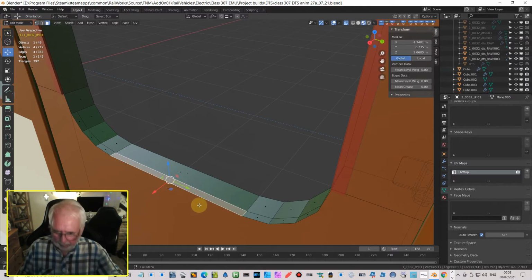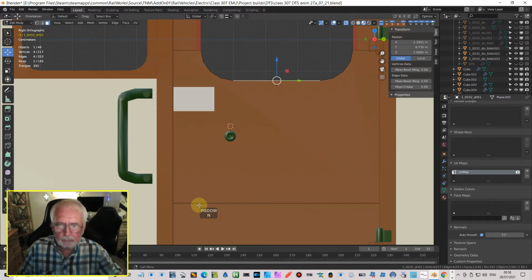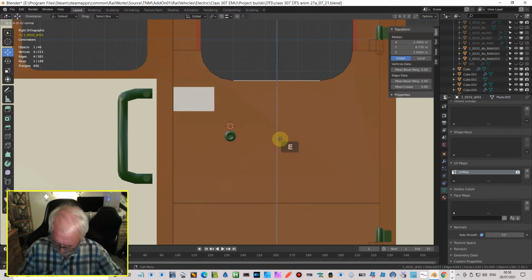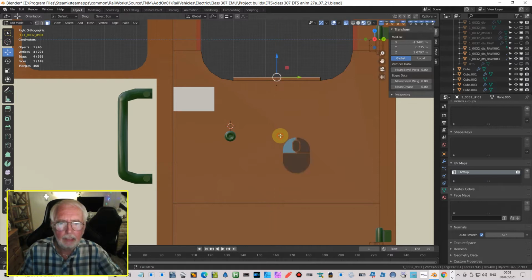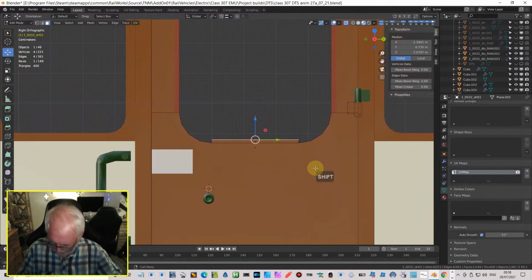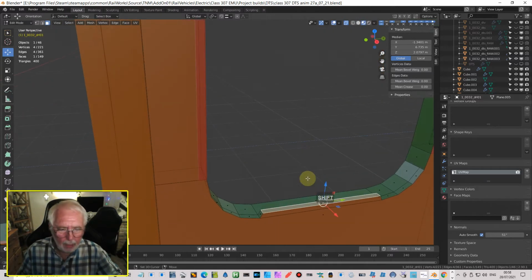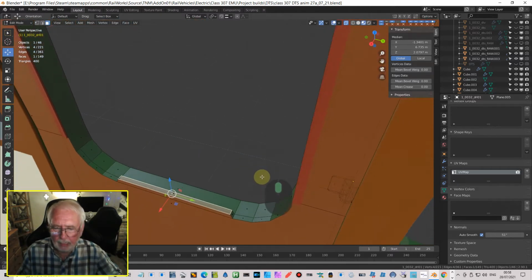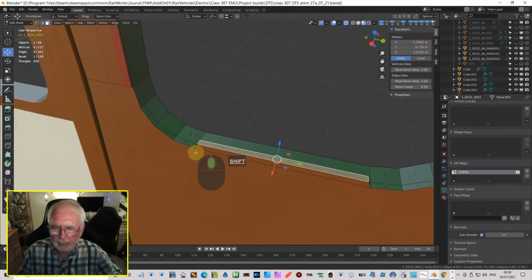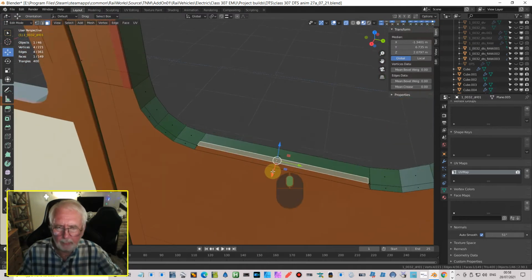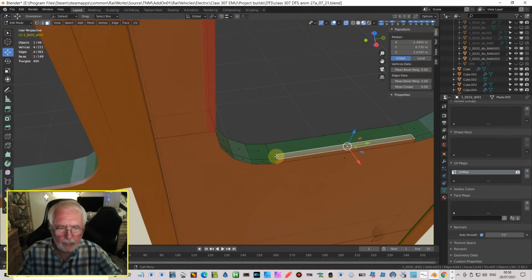Okay, so let's go front on. Let's look at it. E and Z. Let's go up. It's not all that big. Okay, that will do. Scale Y. Let's just bring that in a bit. Just slope it. That's it. Okay, and that looks still a bit wide. I might pull that back, but for now, let's put